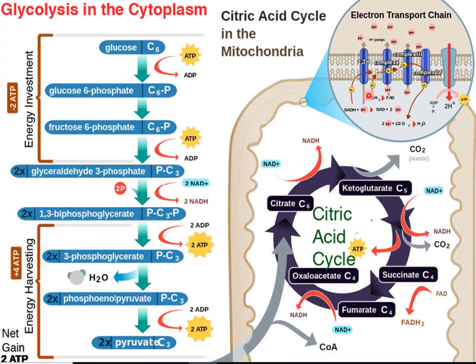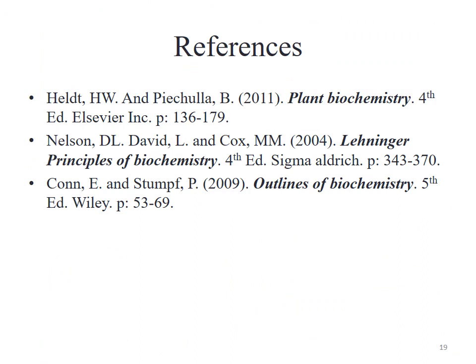Over there, as a final result of the oxidation reduction process, a proton gradient is built up that regulates the synthesis of ATP by the use of ATP synthase. So this is the overall procedure of aerobic respiration that started from glycolysis and ends at the electron transport chain. That's the whole process.